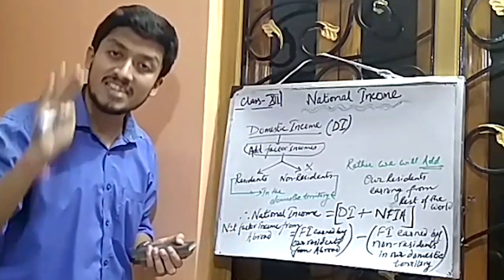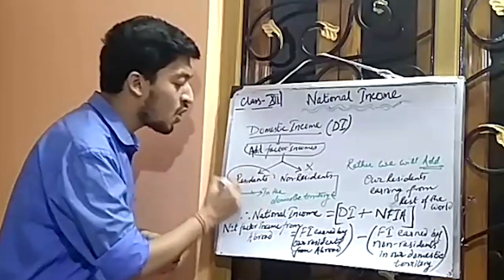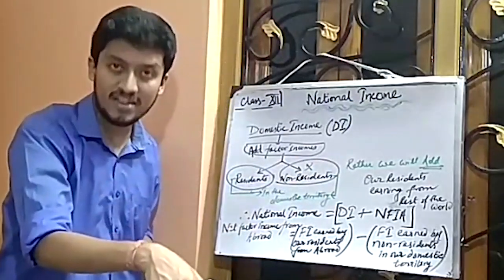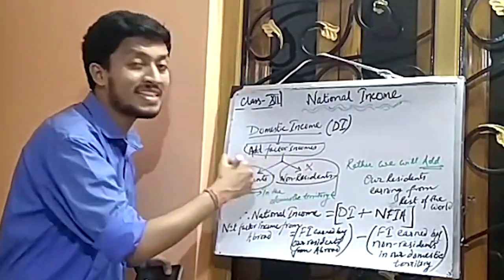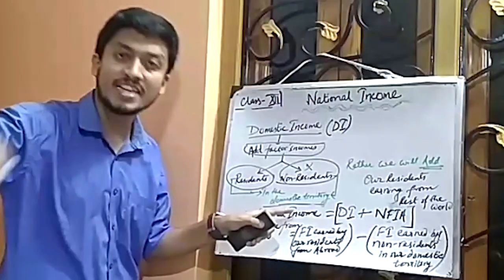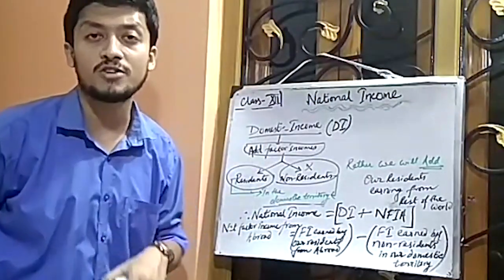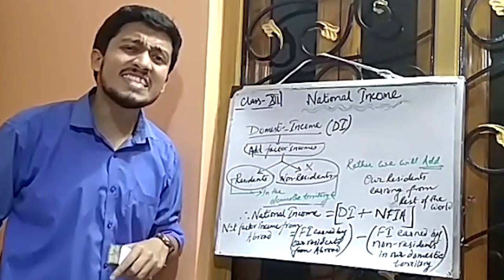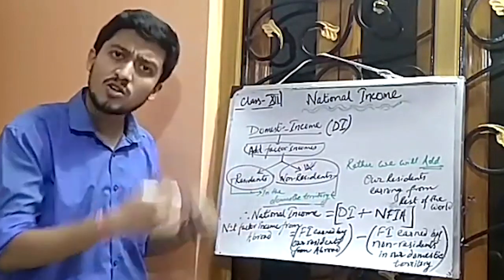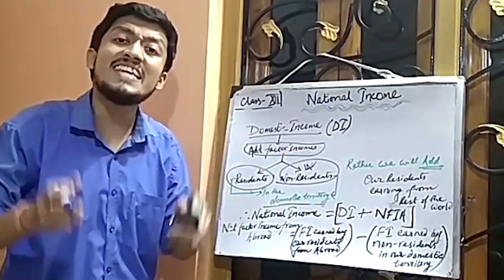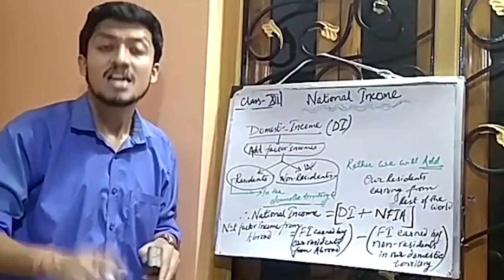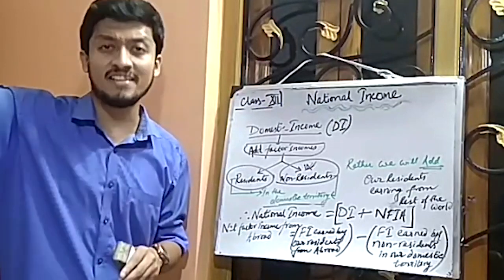Now, when these four factor returns are earned by the normal residents of our country as well as by the non-residents, the foreigners living here in our country, and you add the income earned by these two within our domestic territory, we get the domestic income for our country, India. Now, is it always justifiable to add the non-residents' income in our domestic income? If you exclude the income of the non-residents living in our country,